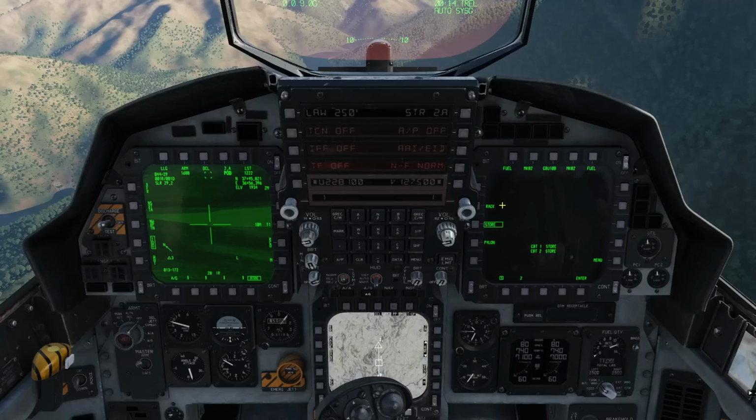I guess the only one that we might be able to use as rack would be if we had a triple MAV rack out there. Again, I'm not really that familiar with it, but I think you could probably jettison that MAV rack using the rack. Store just means it's whatever store is loaded on that individual pylon. And then if I choose pylon, then I'm literally going to jettison the entire pylon and anything that's attached to